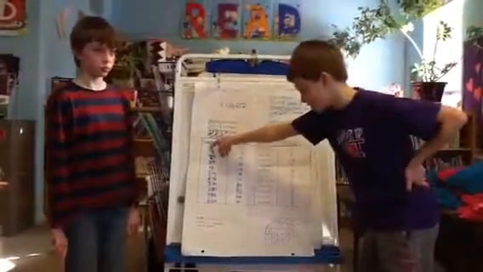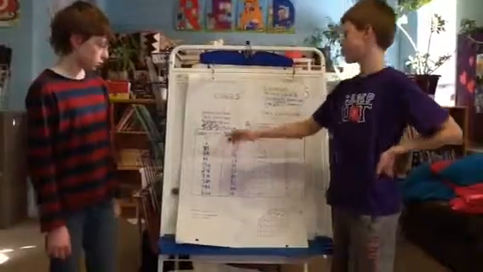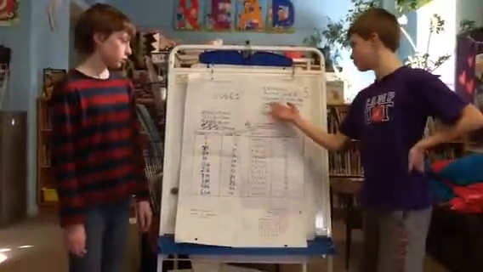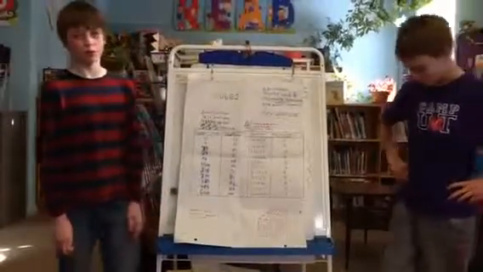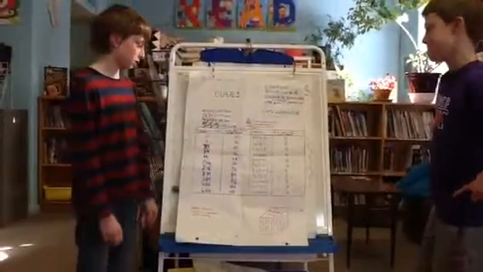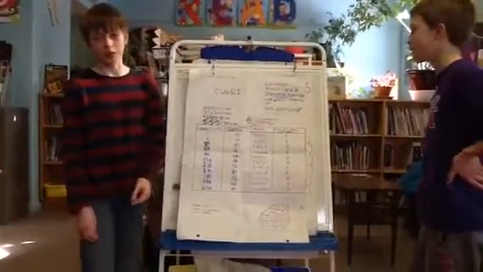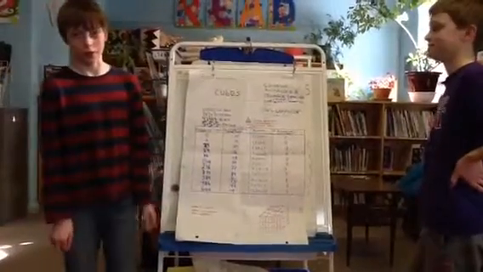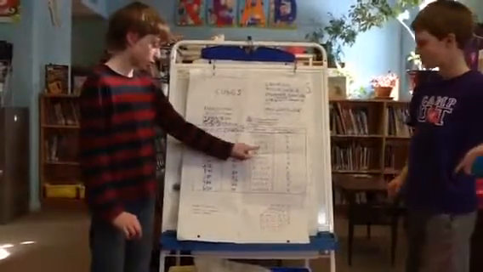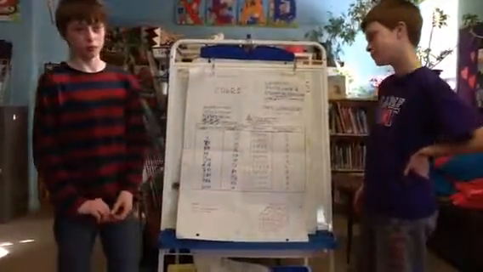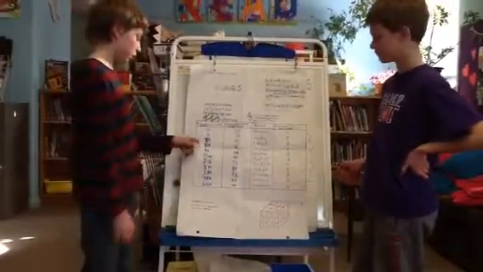We couldn't find an equation, a pattern rule, for this, so I'm going to hand it off to Yasin with the equations. Yeah. So for the number of cubes with 1 face painted, our equation was side length minus 2 times side length minus 2 times 6. So let's use 4 by 4 by 4. So 4 minus 2 times 4 minus 2, which is 4, then times 6, which is 24,